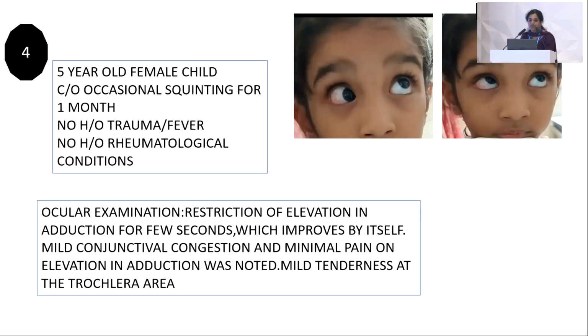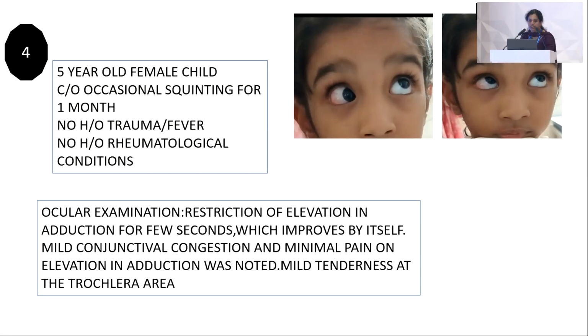So the last one was a 5-year-old female child presented with complaints of occasional squinting for the past 1 month. There was no history of trauma or fever, no history of other rheumatological conditions. On ocular examination, there was restriction of elevation in adduction for a few seconds, which improves by itself. Mild conjunctival congestion and minimal pain on elevation in adduction were noted, and mild tenderness was there in